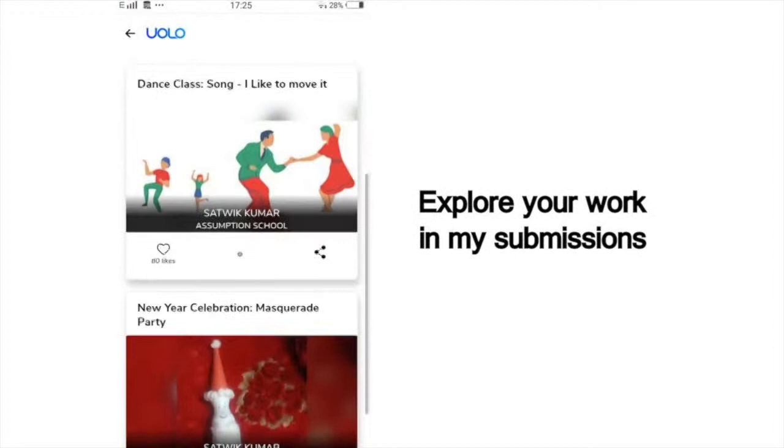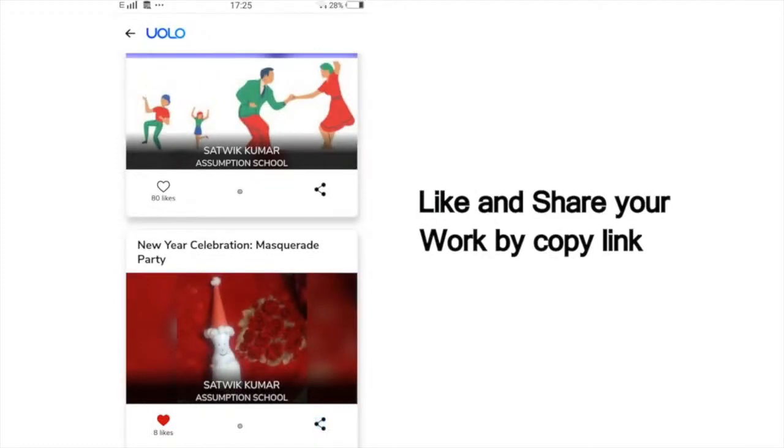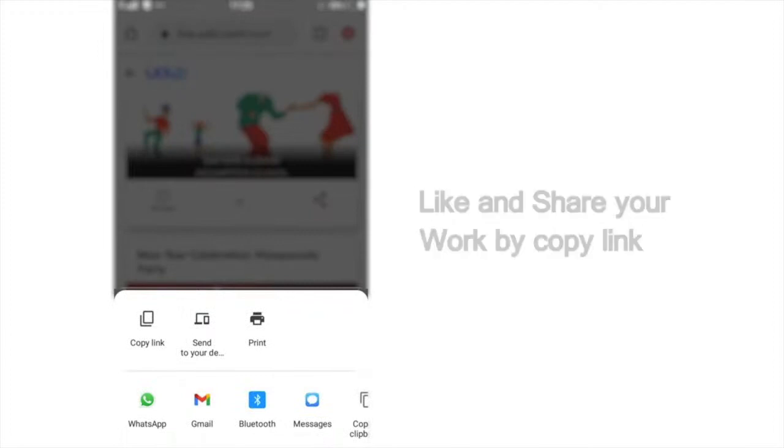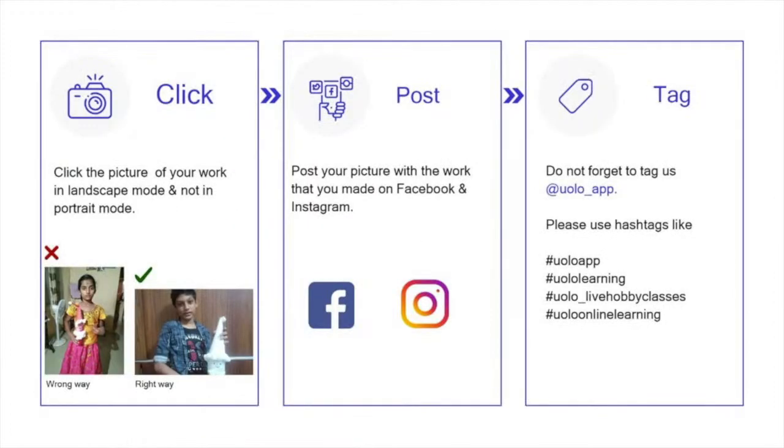You can scroll down and view all your past submissions and see how many of your friends or peers have liked your work. You can also see others' work and like their work to inspire your friends. If you want to showcase your work on social media, that too is very simple. Click on Share, copy the link and post it on Instagram or Facebook or any other platform of your choice. Just a tiny reminder, your submission looks a lot better if you click a photo in landscape mode rather than portrait mode. Do not forget to tag us at YOLO_app. I'm eagerly looking forward